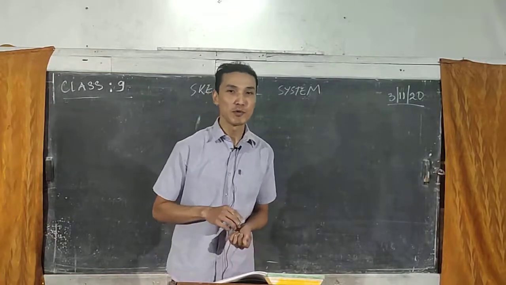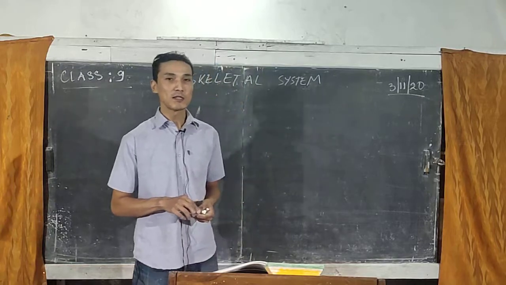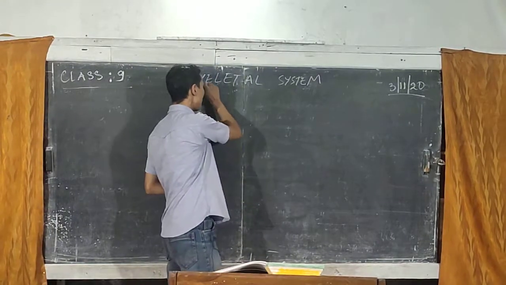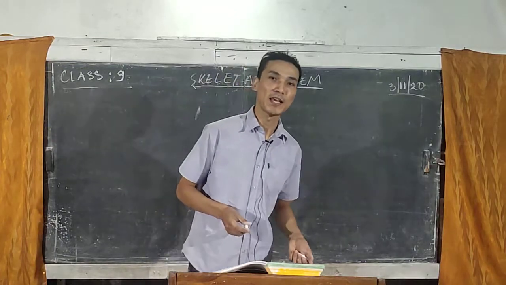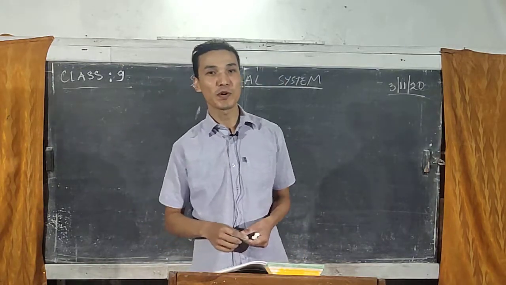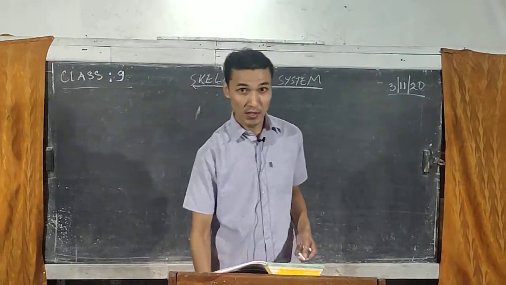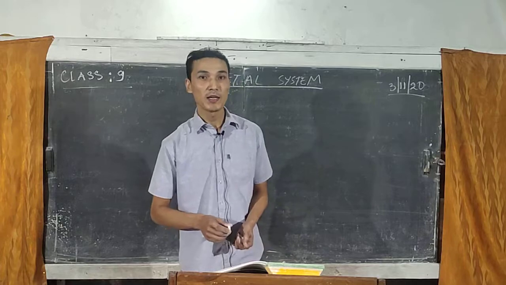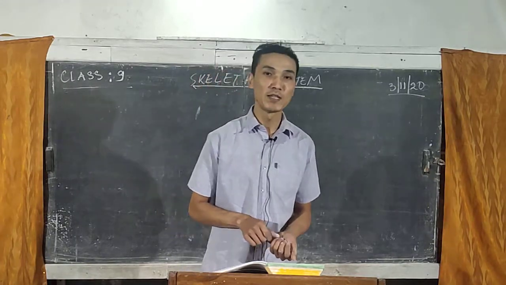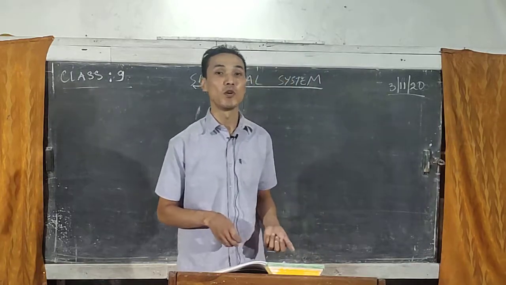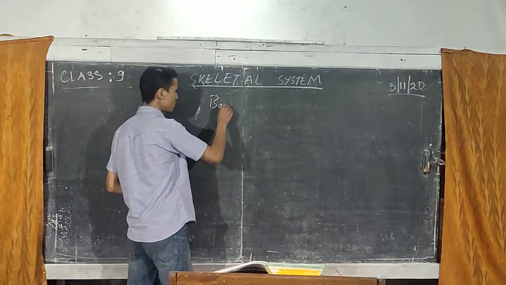So today we will be continuing with the skeletal system. When we talk about the skeletal system, what it does is it supplies the main framework for the body. In addition to supplying the framework, it also protects the delicate organs such as the heart, lungs, etc. and the brain. Your skeleton is also capable of providing movement and locomotion for the body. So basically the skeletal system consists of bones,